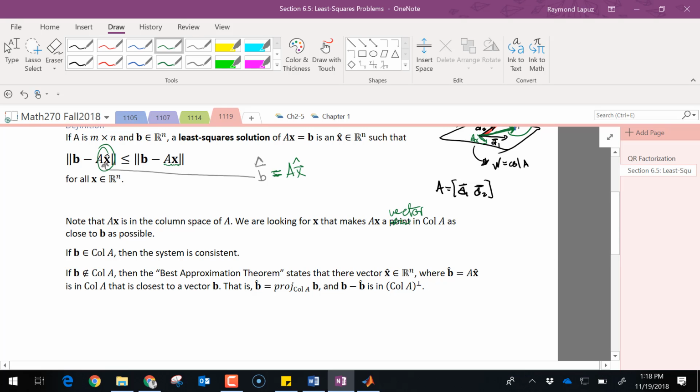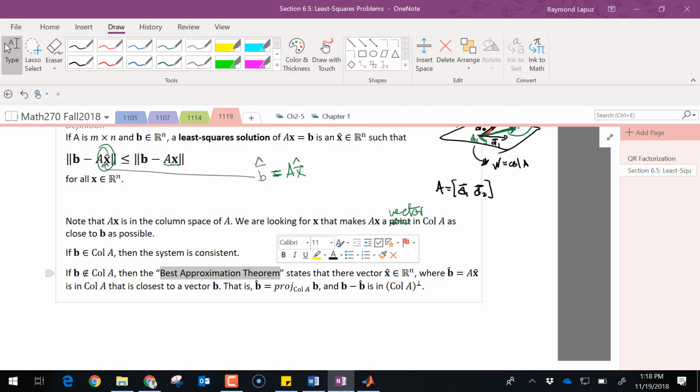So Ax is going to be the vector in the column space that's closest to b. If b is actually in the column space, then you get a solution for the original Ax equals b equation. But if b is not in the column space, according to the best approximation theorem, which we kind of quickly illustrated with our plane model over here last time,